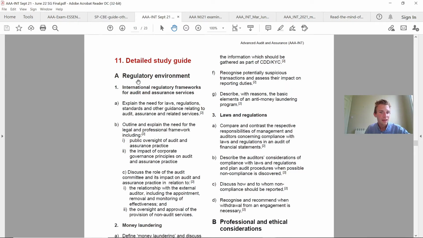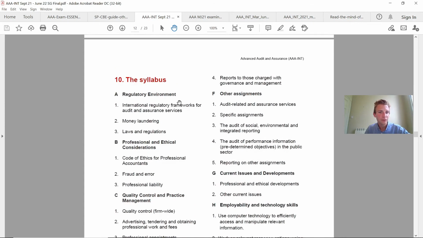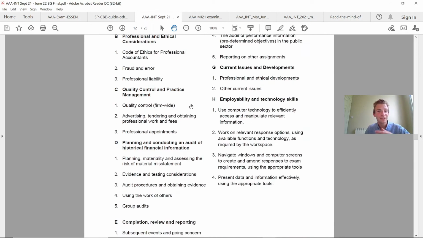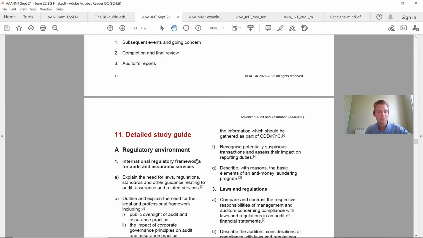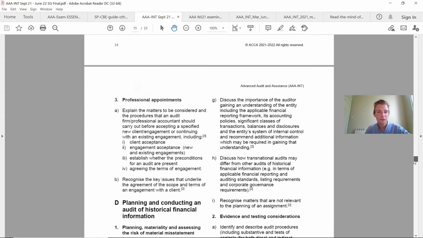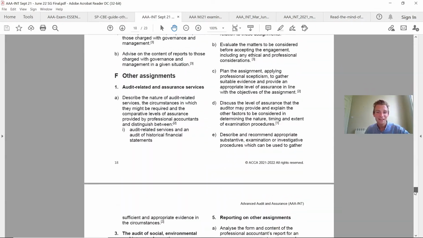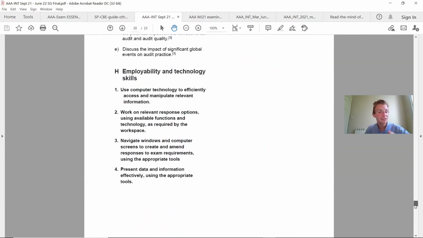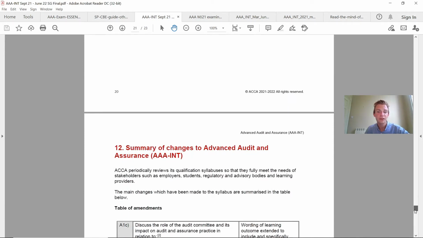And then from this checklist on here, it goes into a lot more detail at the bottom. So in other words, you see how we've got regulatory environment here and international regulatory frameworks for audit and assurance services. Notice on there it's just got it as a point, but on here it actually breaks down in detail all the things that you need to know for that. So a really helpful tool that will link into your actual study text, and if you're getting stuck on any exam questions, another really good tool to go through. But as you can see on here, it is quite vast, but it nicely breaks down all the areas that you need to be aware of.